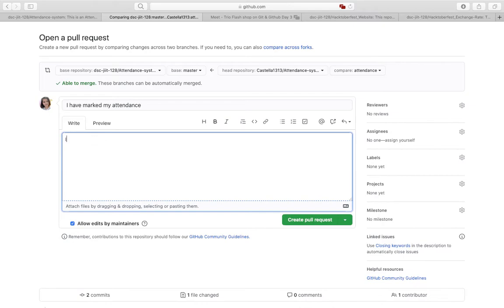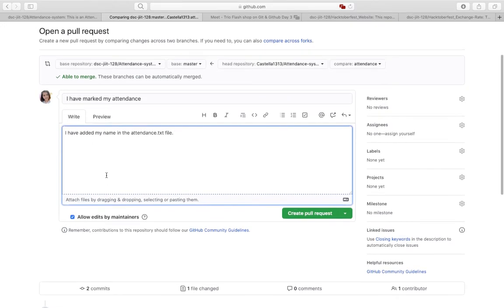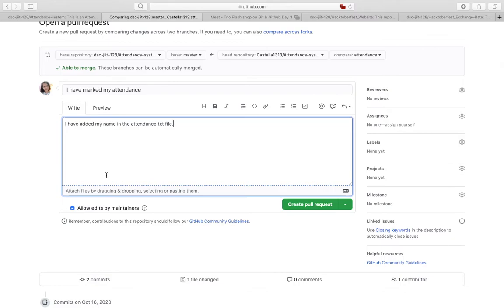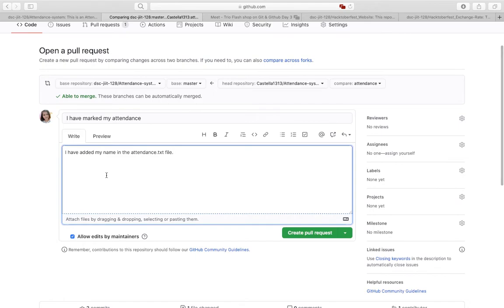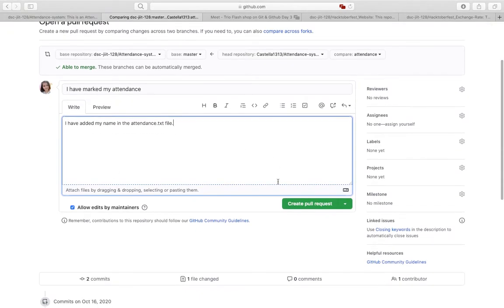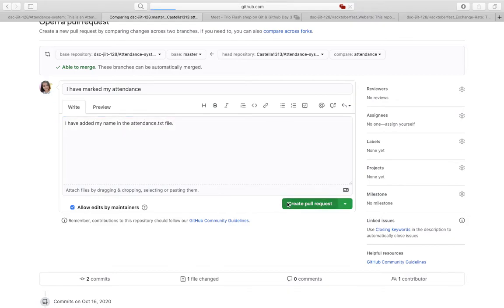You can just type that I have added my name in the attendance.txt file, just so that the owner of this repository can understand what changes you have made. And this is it. We are done. You just have to click on create pull request.